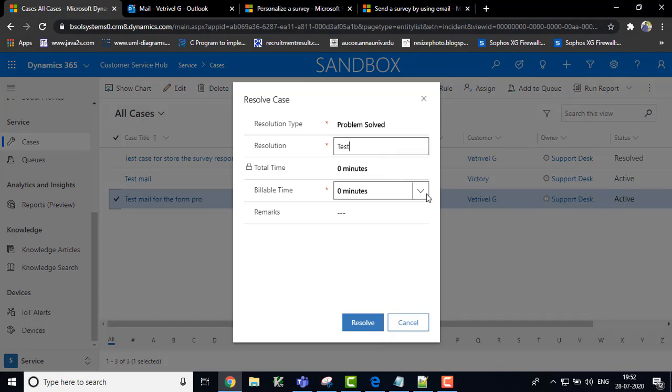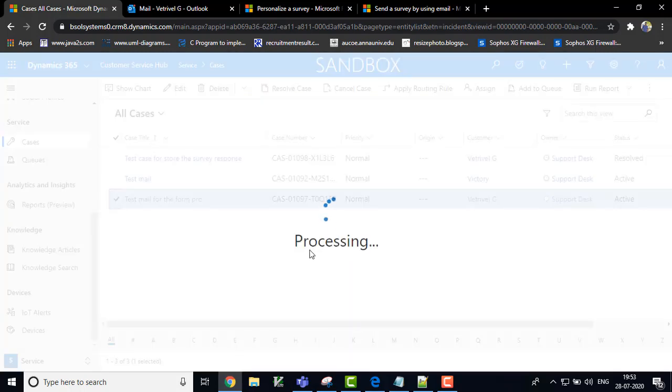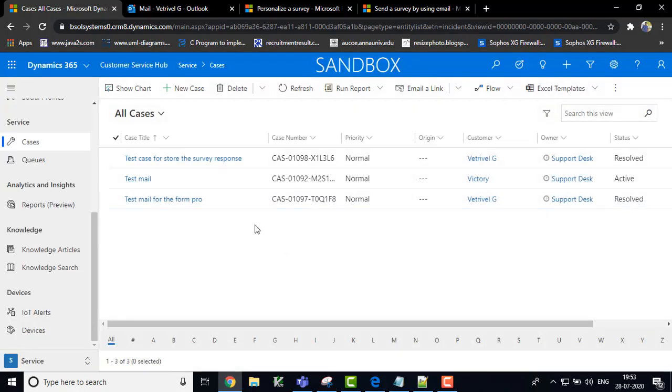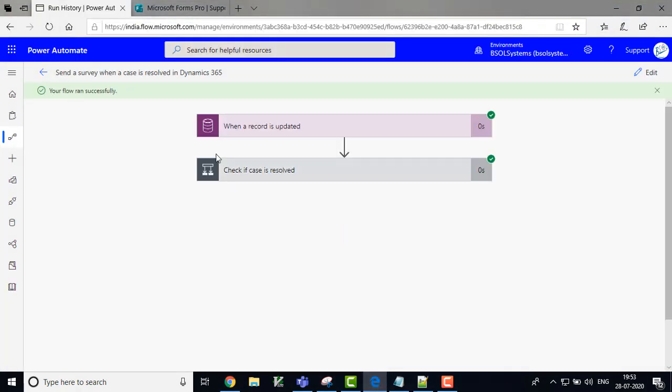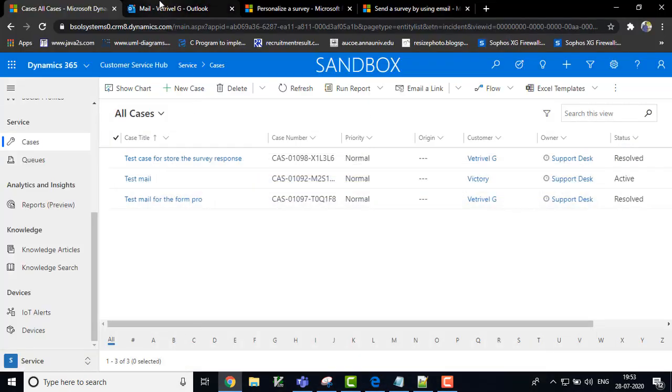Give the resolution, mention the billable time, and resolve the case. Now the case is resolved. So we are going to check our flow. The flow has run successfully and we have received the mail.